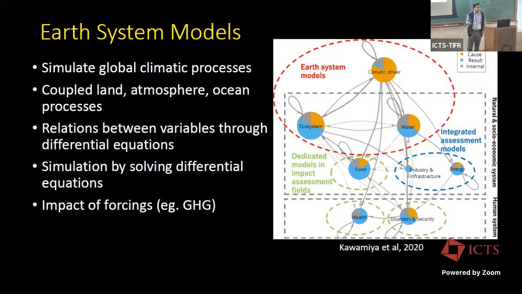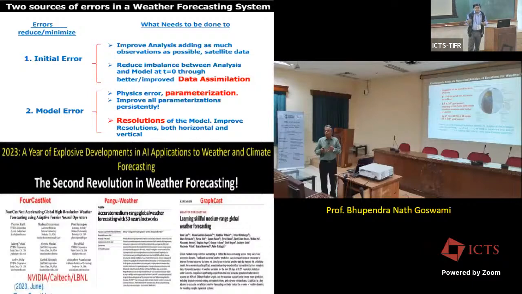So one specific application of this is of course weather forecasting. Yesterday we heard Professor Rajivan's talk about the past, present, and probably also the future of weather forecasting in India, specifically with respect to the Indian monsoon. And he also introduced us to various types of weather forecasting systems.